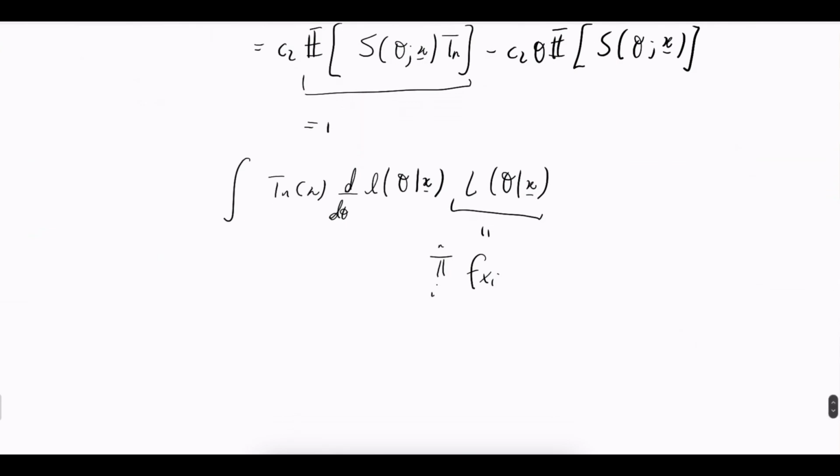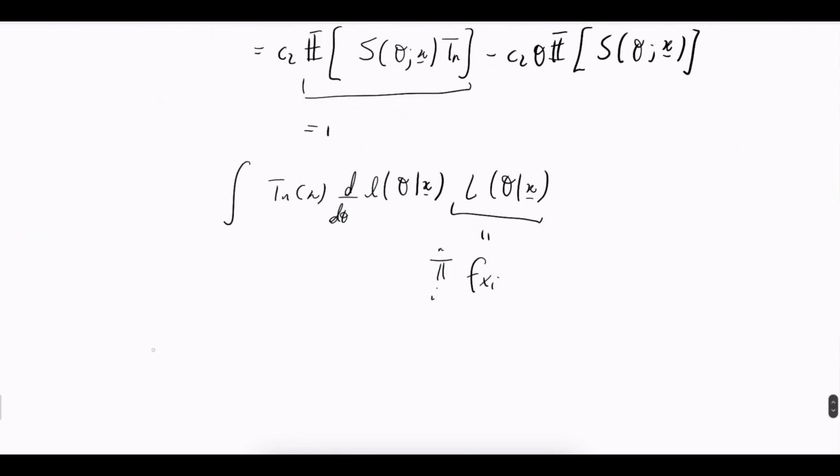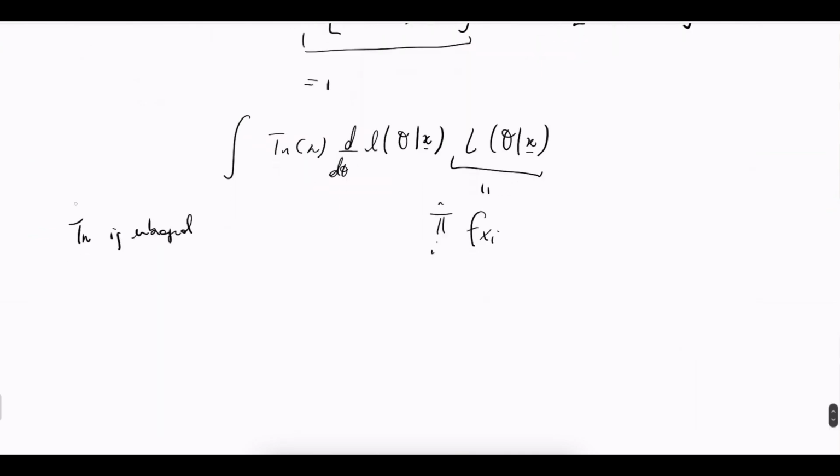However, from the fact that Tn is unbiased, we can write this chain of equalities, right? And this is equal to